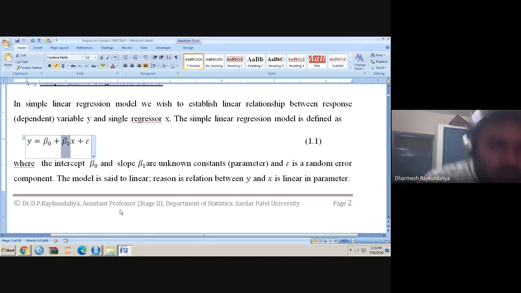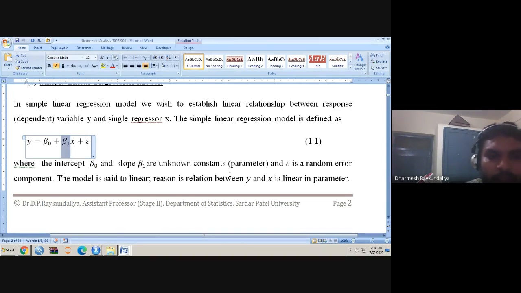So that is how we always start with the model. There is no impact of the regressors on the y. There is no impact of the advertisement expenditure on the sales of a car. There is no impact of the mileage on the sales of a car. तो हम वहां से शुरू करते हैं.